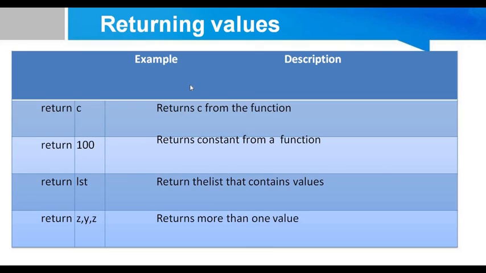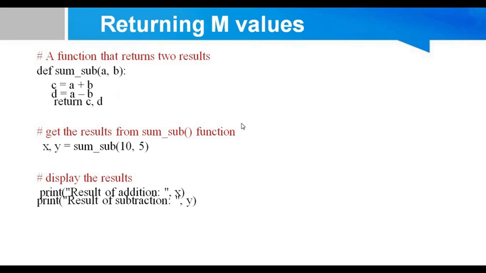The difference between the return that I'm using in Python and in previous languages is that in those languages we can only return a single value at a time. But in Python you can return values separated by a comma. By this you can return more than one value at a time. After return, simply write the variables with the help of commas, and it will return more than one value at a time. So here's the example of how it returns multiple values at a time.